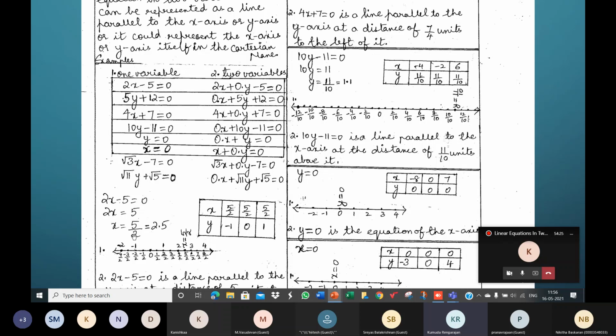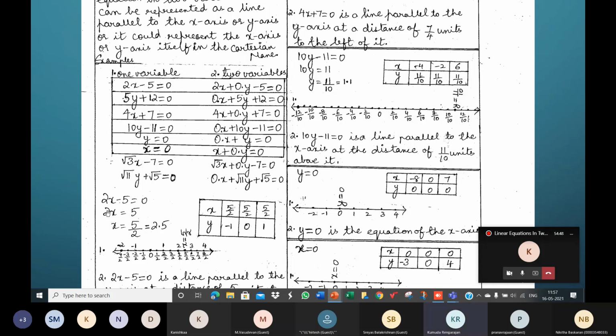Supposing the denominator was 7, then you will see in the other examples, children. So supposing it's 7, it will be like 1 by 7, 2 by 7, 3 by 7, 4 by 7, 5 by 7, 6 by 7, 7 by 7, which is 1. Then 14 by 7 will be 2. 21 by 7 will be 3. All right. So this is what it is.